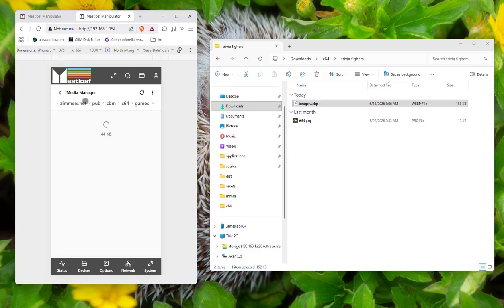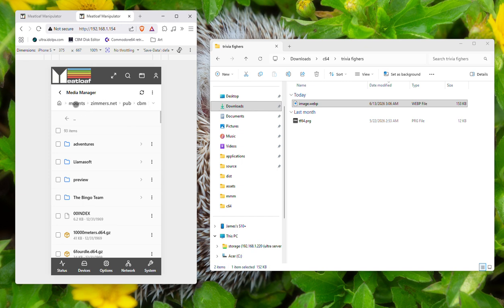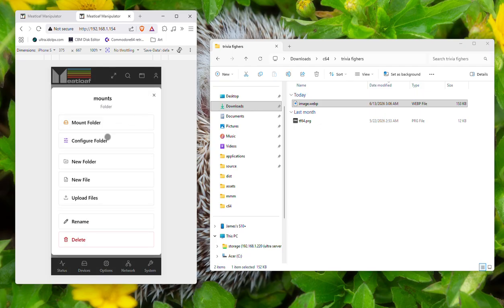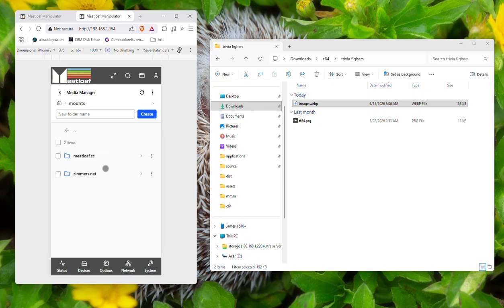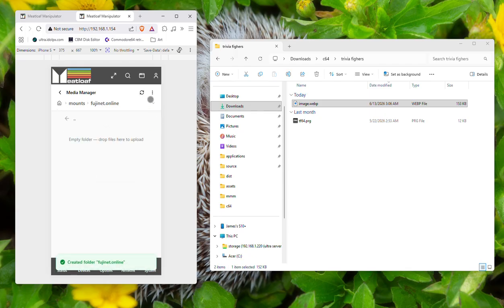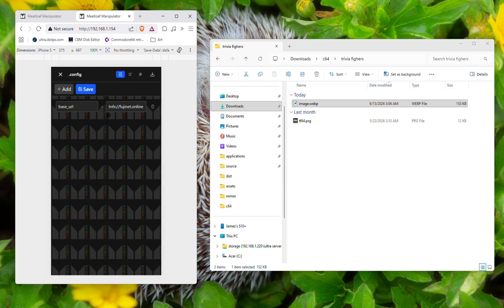All right, let's do one more. I want to show you also, let's go back to mounts. We're going to create another mount. This is going to be a new folder. It's going to be fujinet.online. Create. Now let's configure the folder. Configure folder. And again, it remembered this one too. I deleted these specifically so I could create them in the video and show you guys how this works. Anyway, it's base underscore URL, and then this one is TNFS / fujinet.online. All right, save,